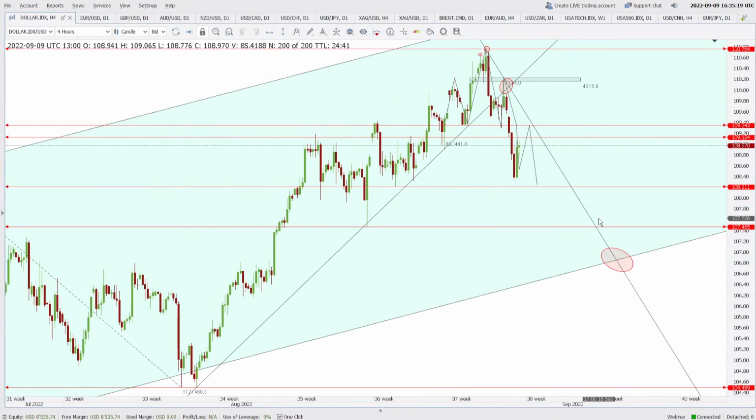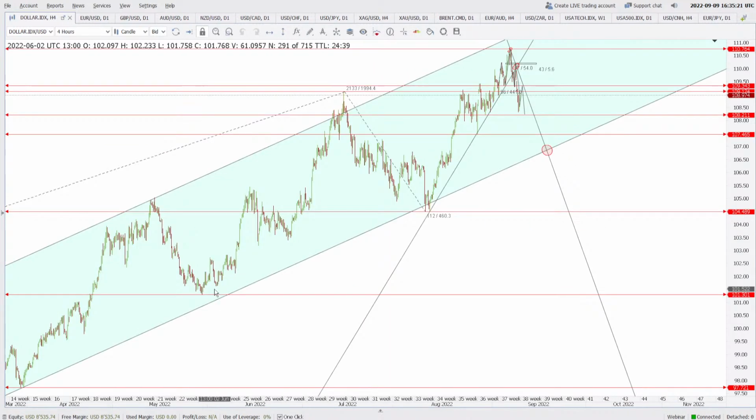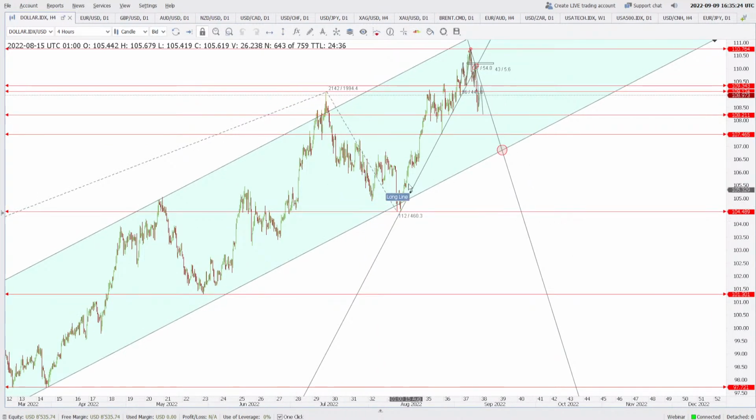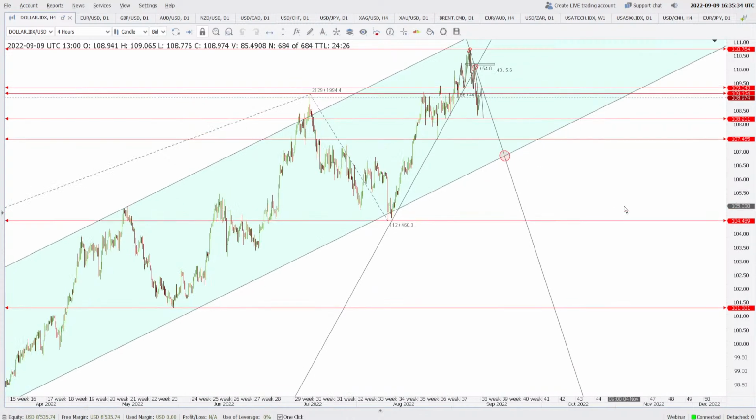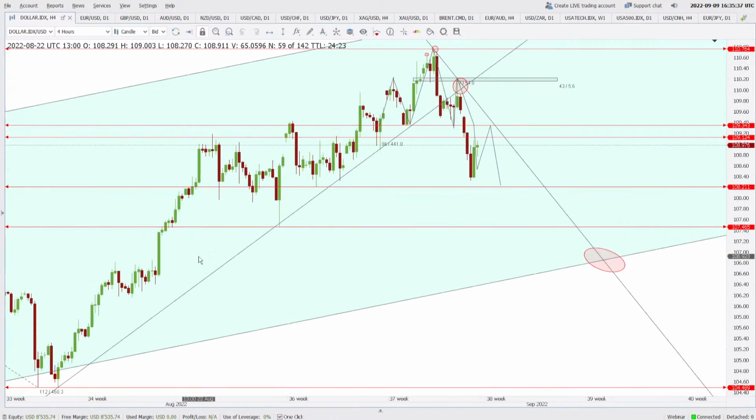So this is on the 4-hour. If you see on the daily, there is a possibility of a swing like this and then breaking the higher high, this high here, and making another high. In that case, this will become your swing low. I hope you get that point. But if you see on the 4-hourly, this low is broken now, and this will attract some sellers in case the price goes here. Makes some sense to you? The 109.34 area and 109.12 area is an area of resistance now for the US dollar index.